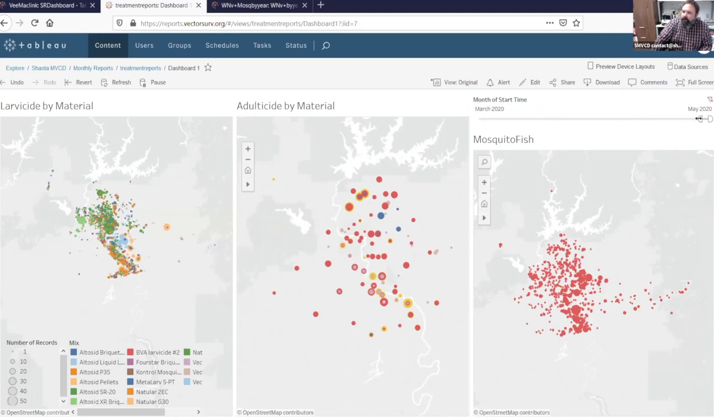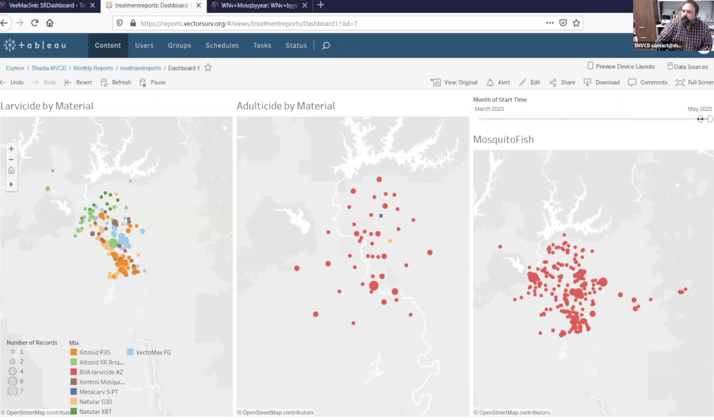So if you want to see if you're consistently treating in the same areas year in and year out, you can look at that. So that's one. It literally took me, I don't know, probably 5 to 10 minutes to put this together with the different worksheet creations and then putting them together on the dashboard. Another dashboard that I really quickly put together